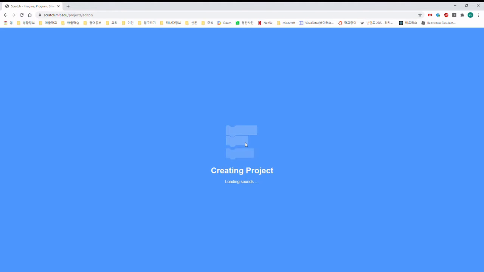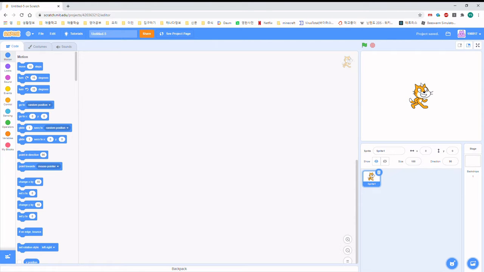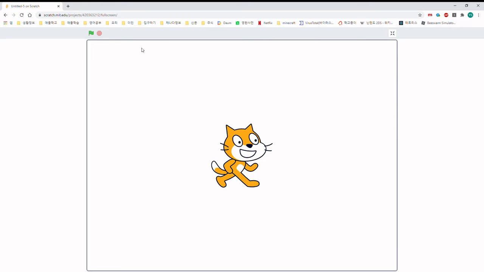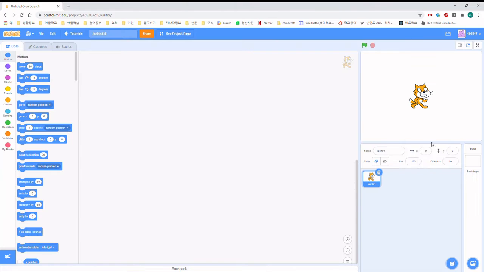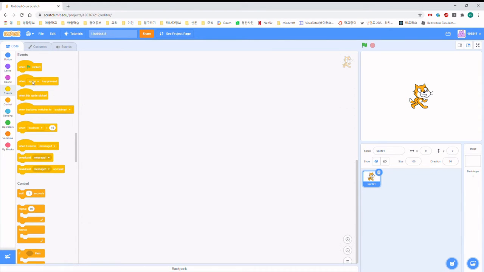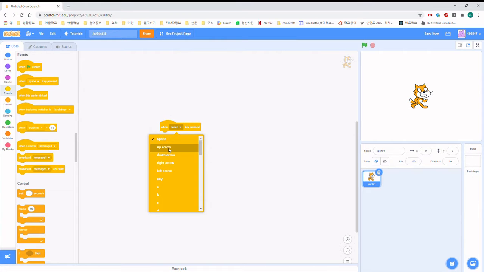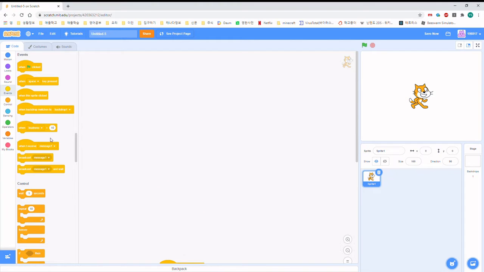Now, after you click on the new project, you'll see this kitty cat, and you can do a few things such as make this full screen, and there's also this green flag thing that you probably don't know what it does, but I'll teach you step by step. So first, there's "when what key pressed." This can be used when you want to move a character. When up arrow key pressed,